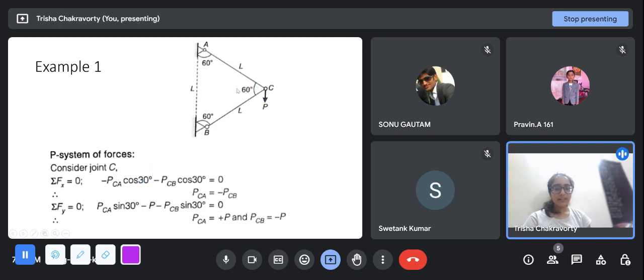PCA cos 30 degree, we are taking it minus because, as I said, in method of joints, by default we assume the forces away from the joint, and if we take the right side to be positive x-axis, we will get minus PCA cos 30 degree, because it is oriented at an angle of 30 degree with the x-axis, minus PCB again cos 30 degree because it is also oriented at 30 degree with the x-axis, is 0. So we get one equation that PCA plus PCB equals 0,